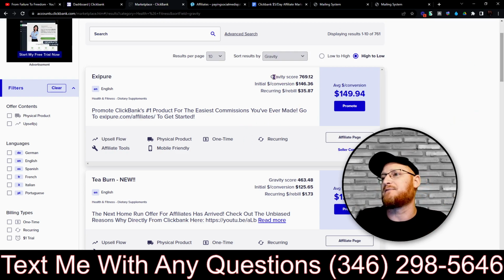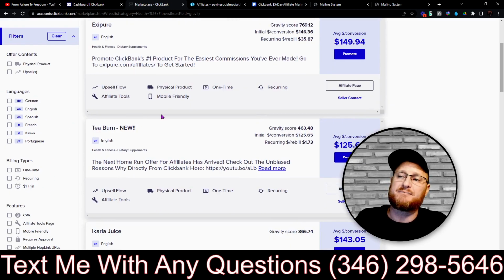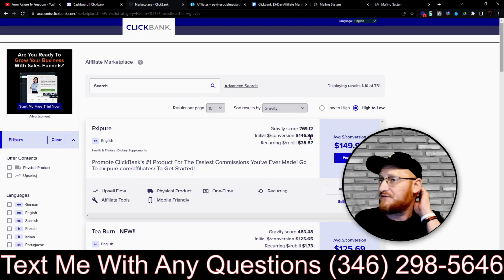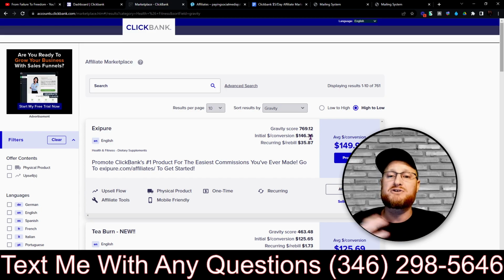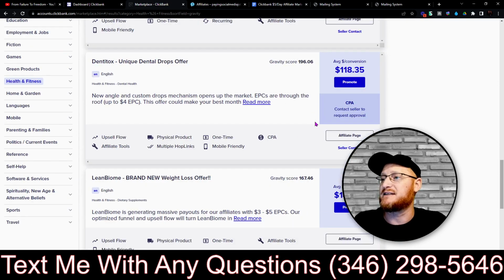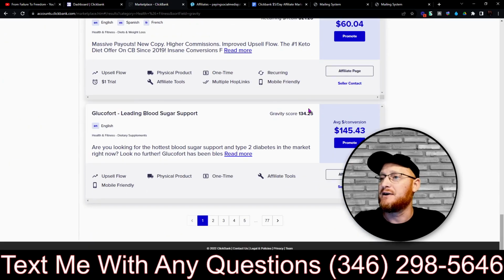I already know for a fact that anything with a gravity score this high, which is very, very high, that's a high gravity score for ClickBank. None of the e-business, e-marketing business, none of those are ever going to come close to this gravity score. Health and fitness is probably one of the best categories to be targeting inside of ClickBank. But once we build up our leads, we'll go through this whole thing and just start knocking them out. And you can tell, even going all the way down here, the gravity score is still really, really high even at the bottom here.